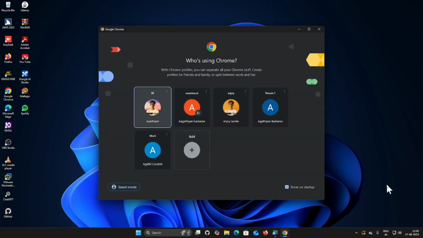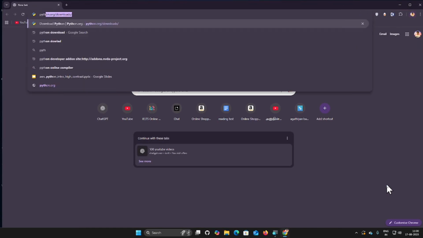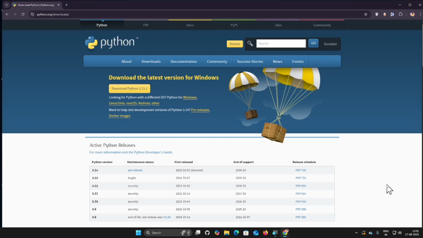Let's see how to download and install Python on the computer. Go to Chrome, type Python download. Go to the Python website, and using the keyboard, navigate to the download button and press enter. I have already downloaded this file,